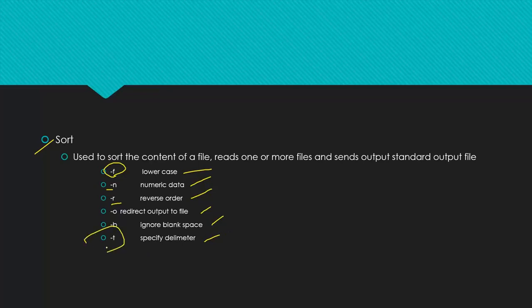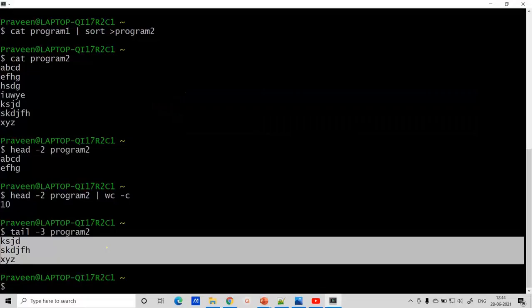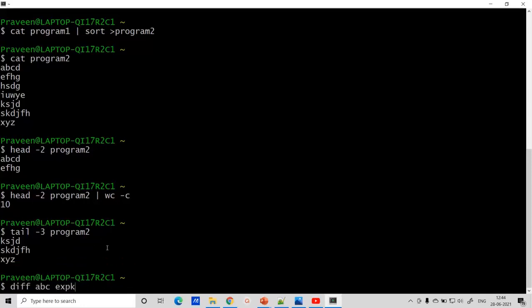So these are some of the commands from your Unix chapter. We have one more in the next session, where I'm going to complete the first chapter from your Unix. So please go through all the commands I have given with examples. Through the Cygwin software, I have executed all the examples. You can just go through the videos so that you can understand things better.